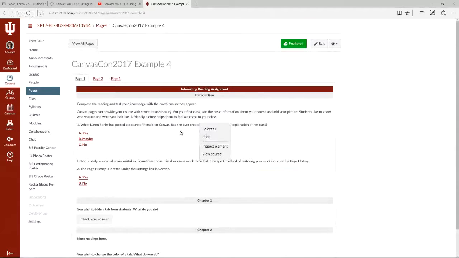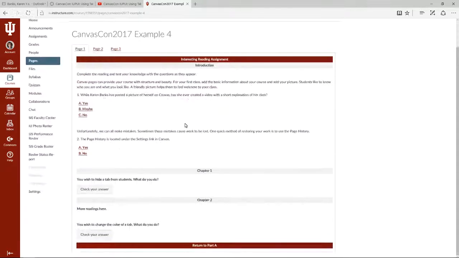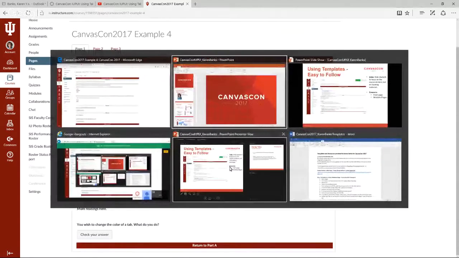And I know in HTML there's ways of setting up tags to make sure you only print a certain amount of the page, but I haven't gotten that to work in Canvas yet. And maybe some of you know more of how to do that, how to make these pages print out quite nicely. So I haven't been to my PowerPoint,